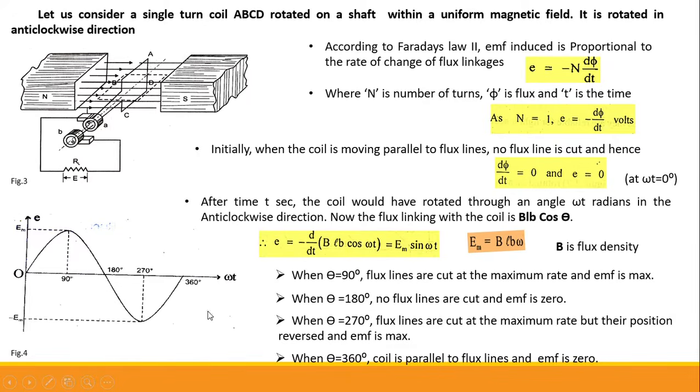Look at the sinusoidal waveform. Here we have only one full cycle of the EMF. It is alternating EMF. Here EMF value will be 0 at 0 degree, 180 degree and 360 degree. EMF value will be maximum at 90 degree and 270 degree. But during 90 degree we have positive maximum of EMF. During 270 degree we have negative maximum of EMF.